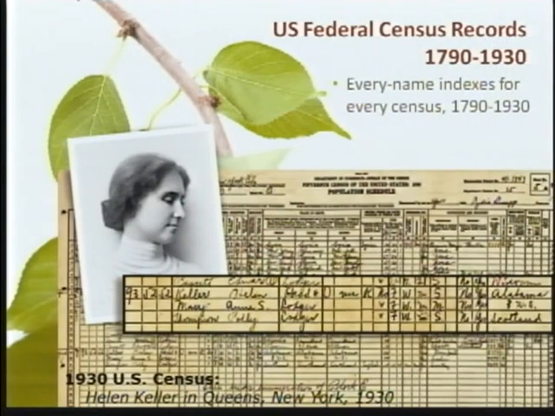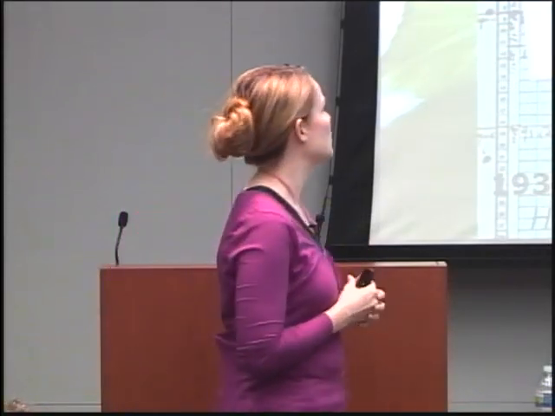The first one, and probably the most obvious, is the census. We have every publicly available census, as I'm sure you know, 1790 to 1930, and very soon I'm sure everyone in this room is very excited for the 1940 census. I know I'm very, very excited. I can't seem to wait until April. A couple of things about the census.